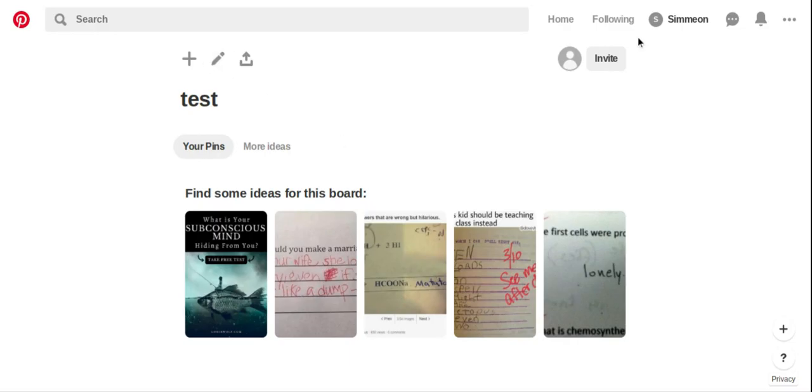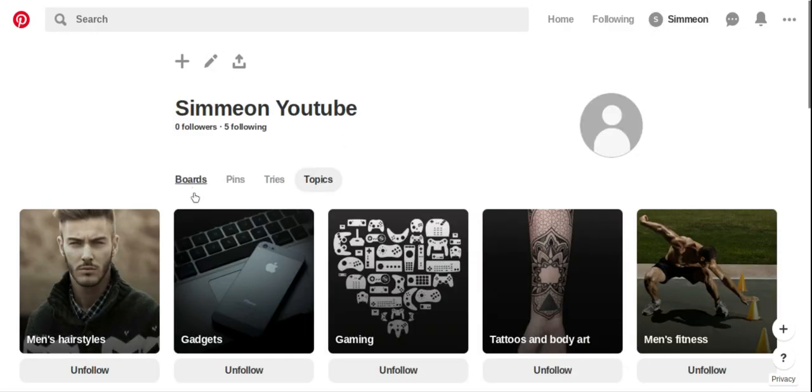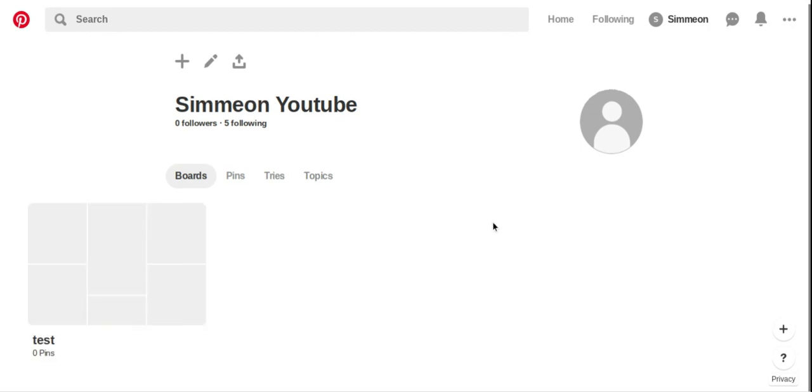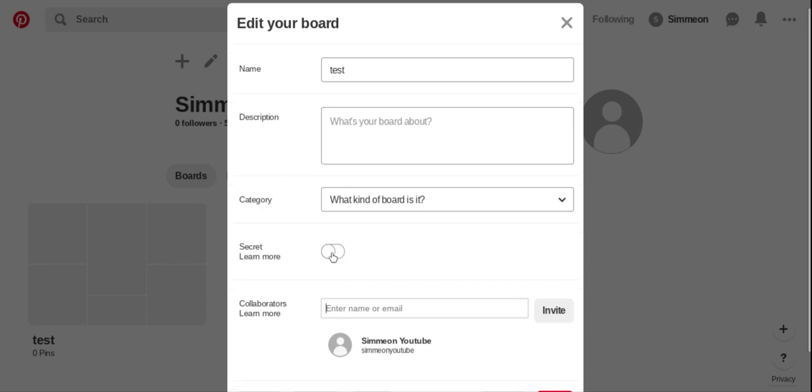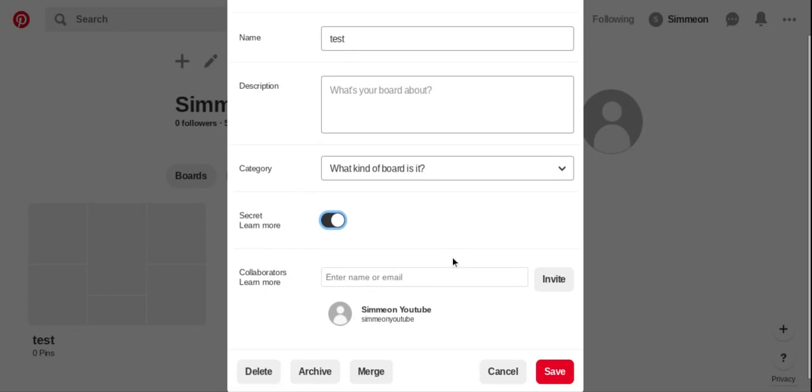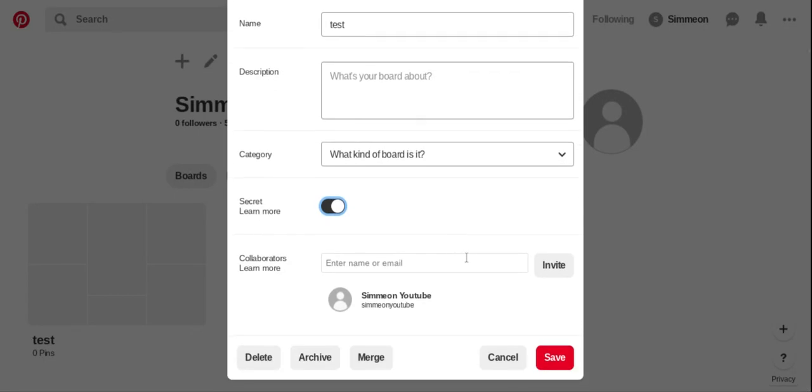Now let's say that we've realized that actually we want to make our board private, but currently it's public. All we need to do is click on the little edit icon, and then all we do is click on the secret toggle, and that basically means that only ourselves and people